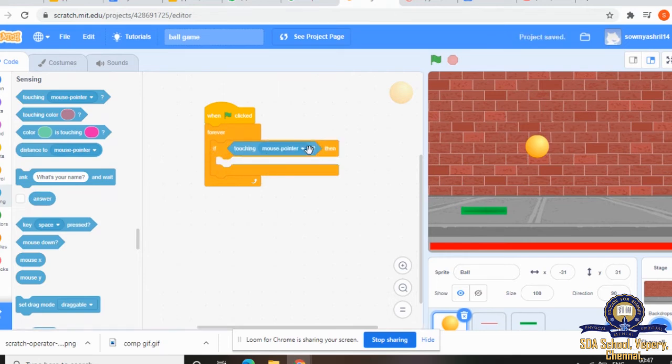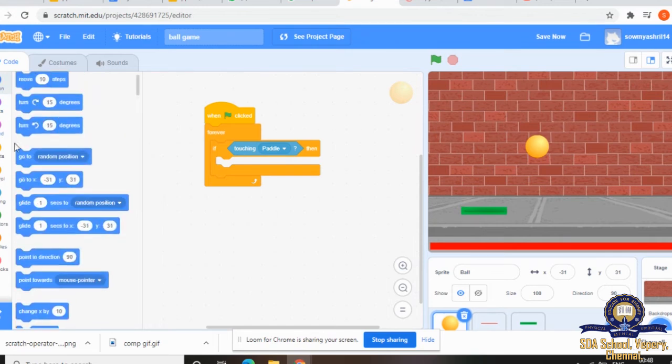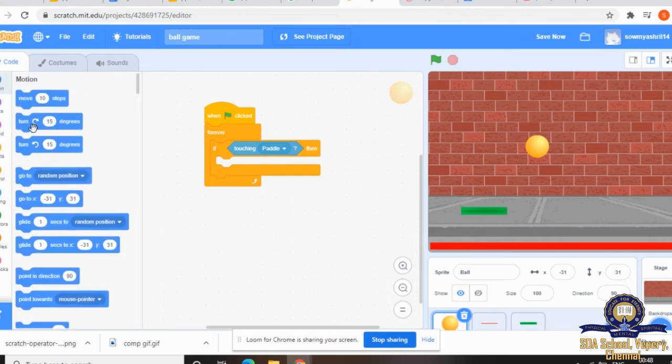Inside if you have to give touching paddle. In this drop down you have to click and select paddle because we have the paddle here. Then you have to go to motion block and say turn 180 degrees.